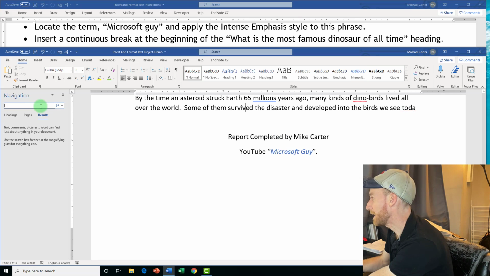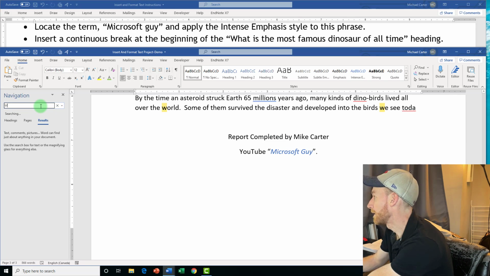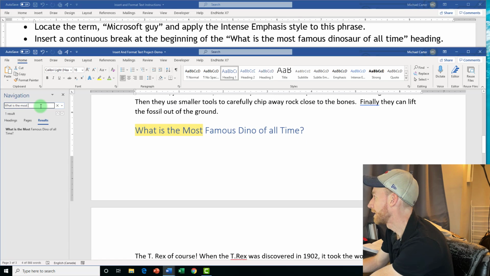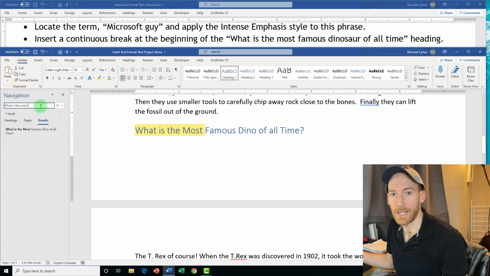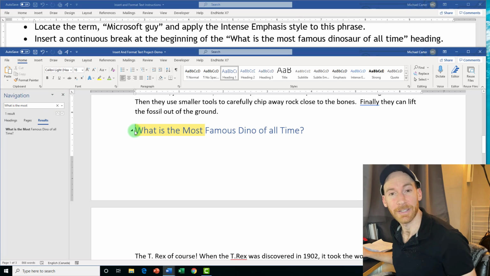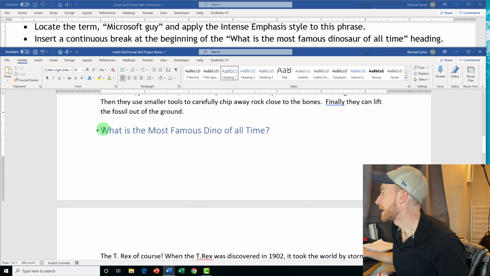So I'm going to start typing, what is the most, and then it already takes us right to our heading, whereas with the F5 shortcut, you'd have to type out the whole thing or it wouldn't take you there. So just keep that in mind. The navigation pane will take us right to where we need to go without having to type out this lengthy heading name. So with my insertion point here, I'm going to close this navigation pane